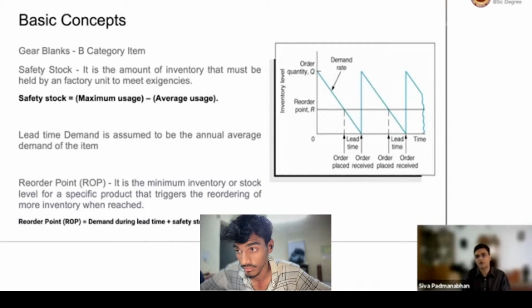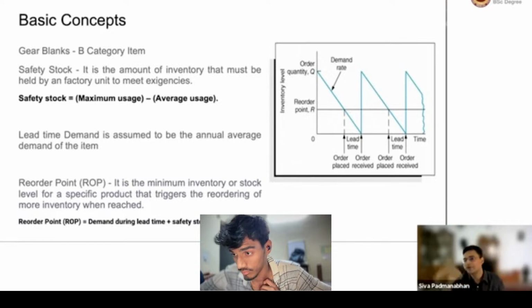So the graph that you see on the right side shows the inventory level. So how many blanks do I have in my store? That's what that graph shows, right? So at time 0, we start with a quantity Q, but every single day, as I keep doing hobbing and broaching, I keep taking some of these blanks for that process, and the amount of inventory we have keeps going down, right? When it crosses that line called reorder point, that means it has gone below a certain level called reorder point. Immediately, I want to place an order with my supplier, and the quantity that I want to order is called the reorder quantity,